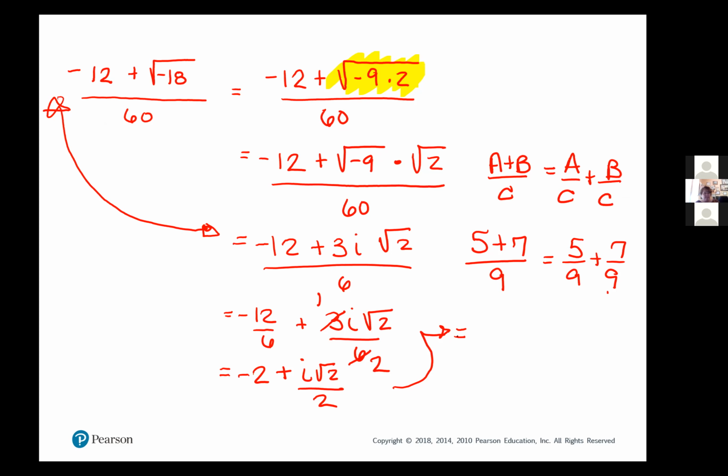It's the same way you've been simplifying fractions for a while. If you have a fraction, let's say like 4,